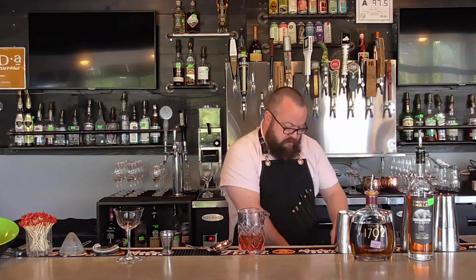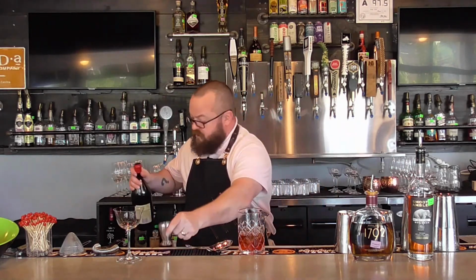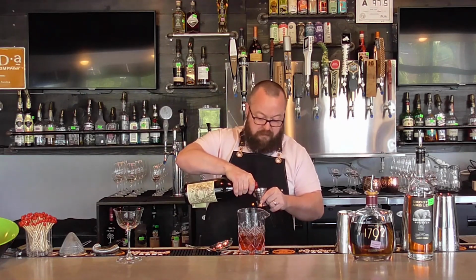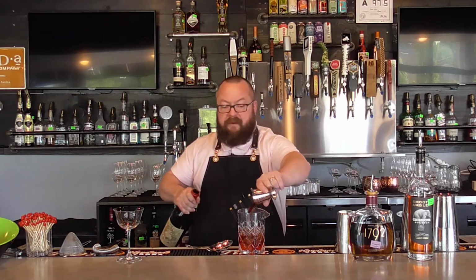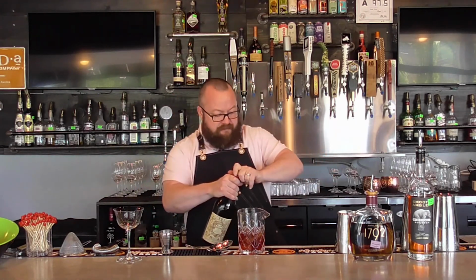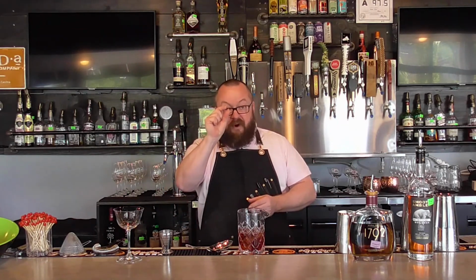And then we've got one more ingredient. This one is super simple, but we're going back to some booze here. We've got some really nice Italian sweet vermouth, and we're going to use a 1/2 ounce of that. And I know what you're thinking. We've got bourbon, Campari, and sweet vermouth, and all of a sudden bells start ringing, and everybody's like, wow, sounds exactly like another classic cocktail I know, the Negroni. Well, you're right. It is not that far away from a Negroni,